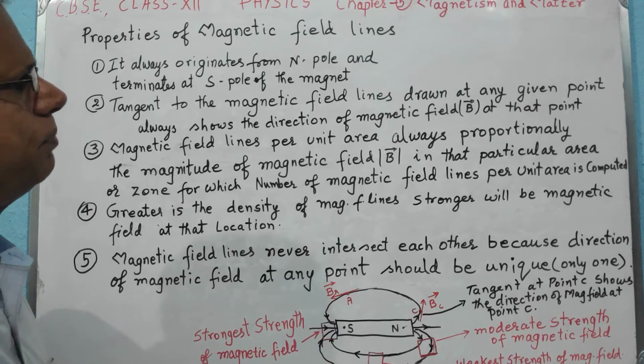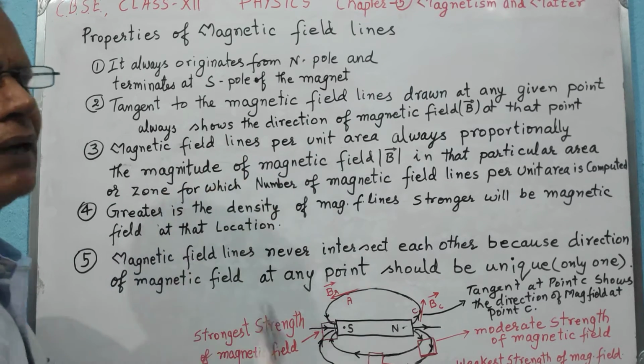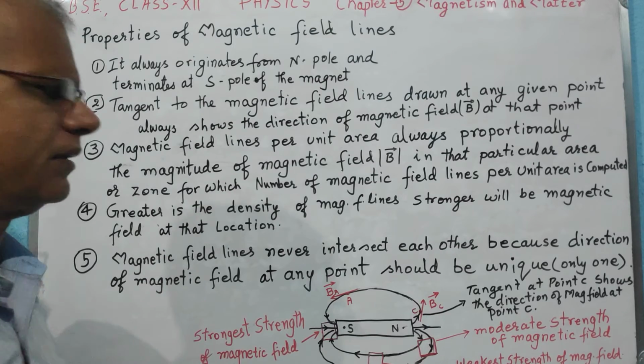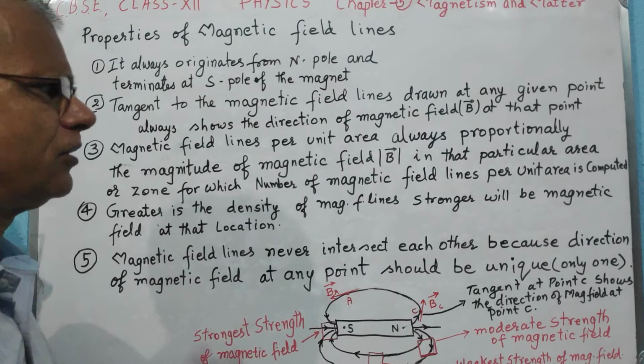So this is very important to remember, that the tangent to the magnetic field lines shows the direction of magnetic field. Now the third point is magnetic field lines per unit area